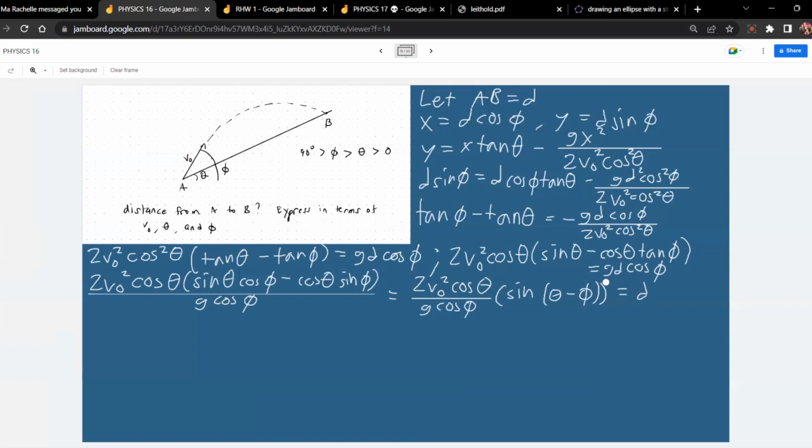Kasi yung 2v naught square cosine, bakit cosine squared theta? 2v naught square cosine squared theta, and then